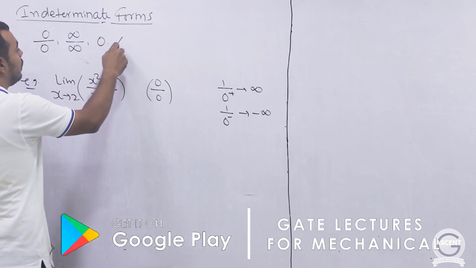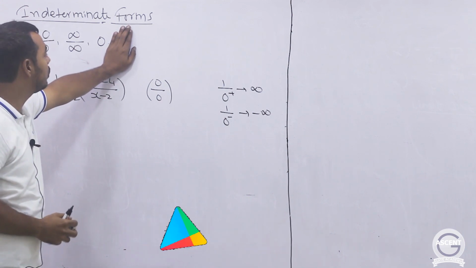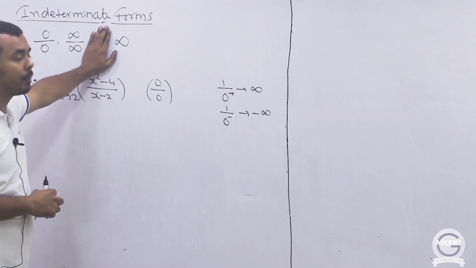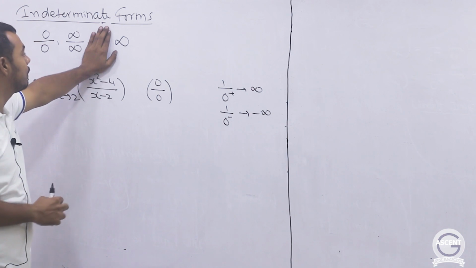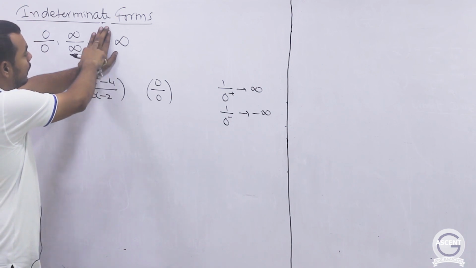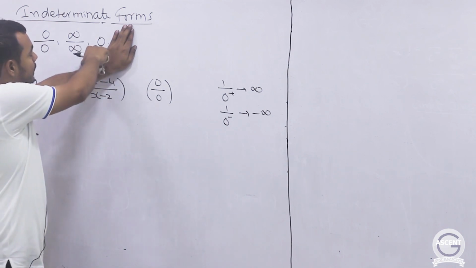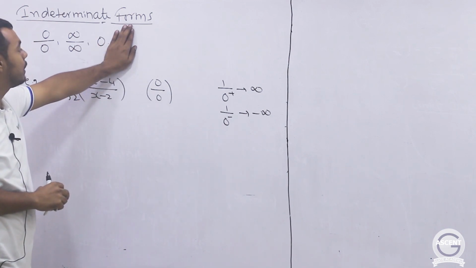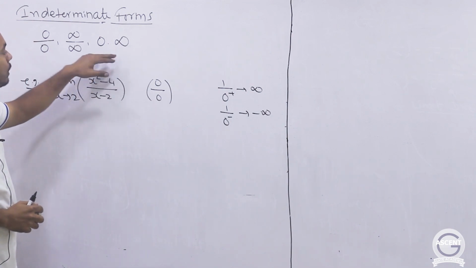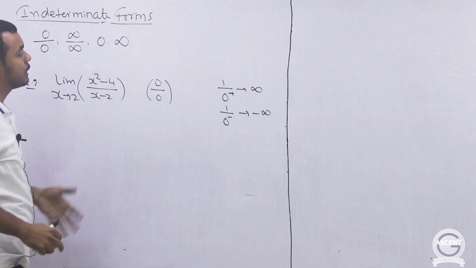Similarly the third one, 0 into infinity, is also indeterminate, because 0 multiplied by any finite number is 0. Infinity multiplied by any finite number is plus or minus infinity, depending on whether the number is positive or negative. So if you look at the second term only, this should be plus infinity or minus infinity depending on whether the first term is positive or negative. And if you look at the first term only, this should be 0, because 0 multiplied by any finite number is 0. So 0 into infinity becomes indeterminate. We don't know what value this function is approaching, if the first part is approaching 0 and the second part is approaching infinity.